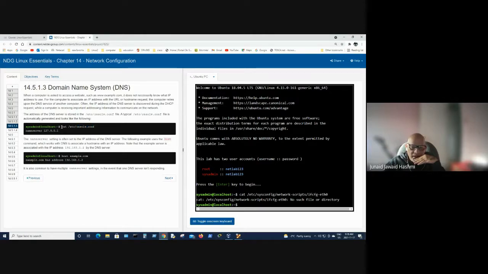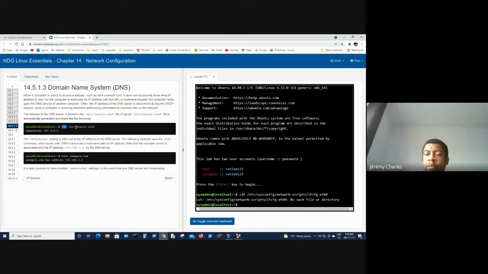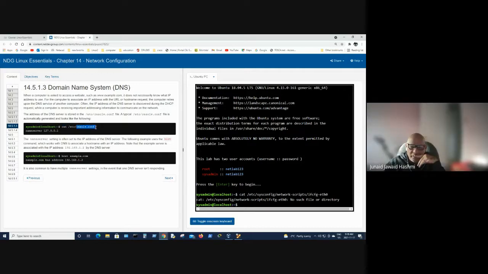What does cat do? What is the purpose of the cat command? We did that in the previous chapter. Let's see if anybody remembers. Cat shows the content of the file, right? We covered that? Yes, sir. All right. So resolve.conf is the file, and we want to see what's inside resolve.conf. So we're going to type cat